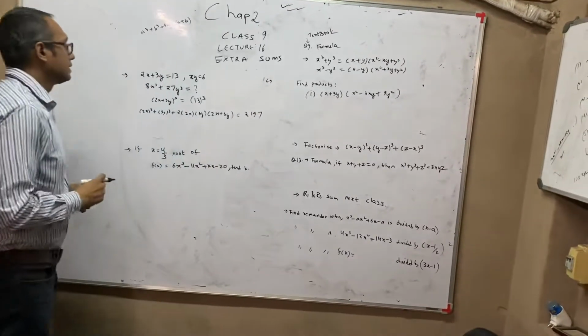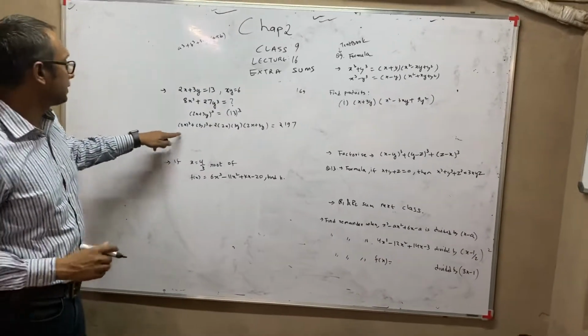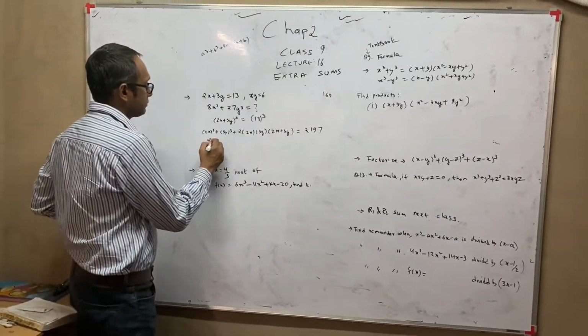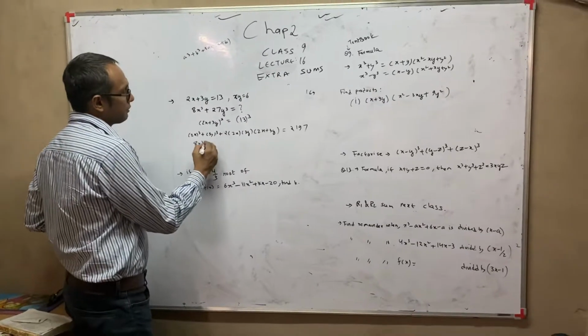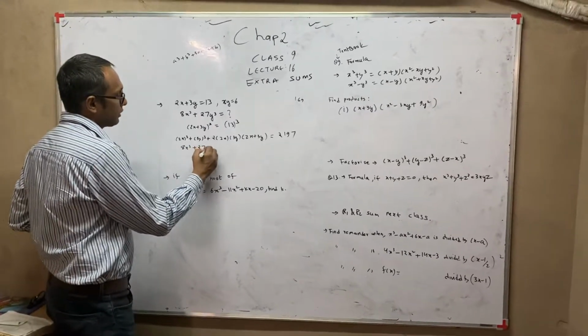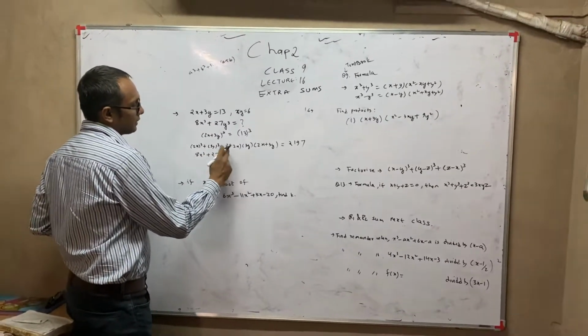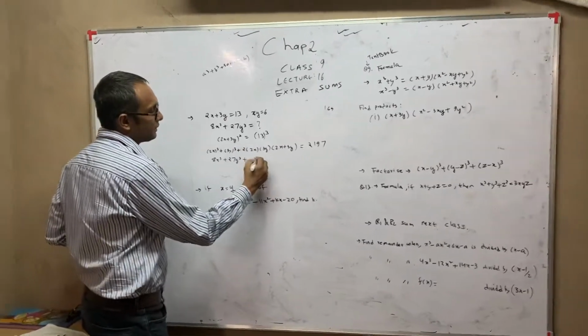Okay. So now instead of 2x cube we can write 8x cube. Instead of 3y cube I can write 27y cube, and this is 3 into 6, 6 3s are 18,